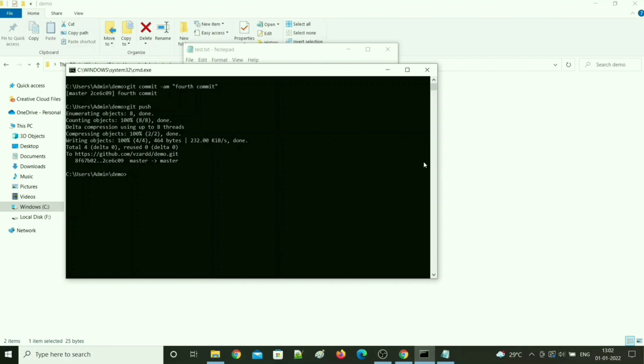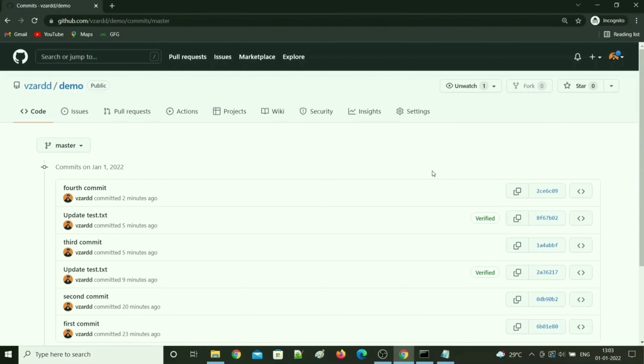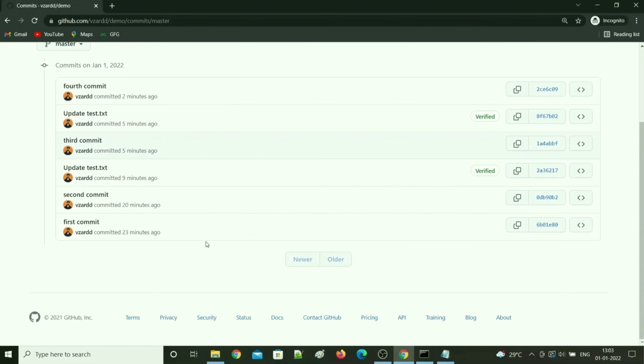That's it. Now let's say you are working on version 5 of a project and for some reason you want to work on version 3 again. What will you do? In that case, you can use the git reset command. For that, you need the commit hash for the version you want. Just go to the GitHub repository, click on commits, and find the commit for the version you want.